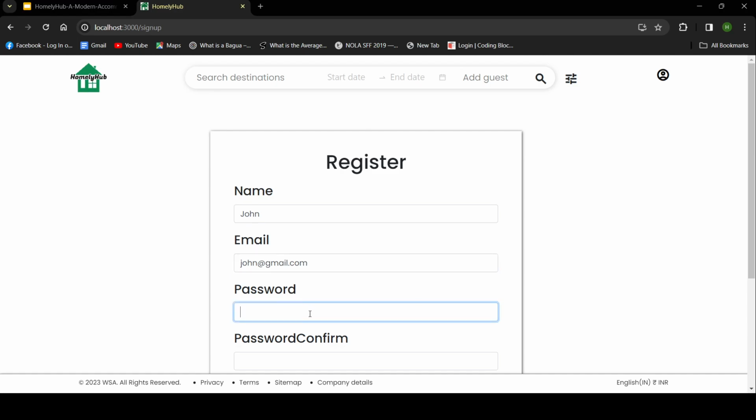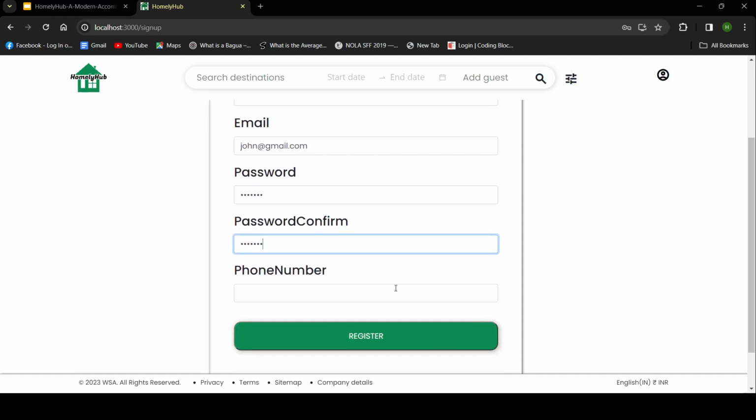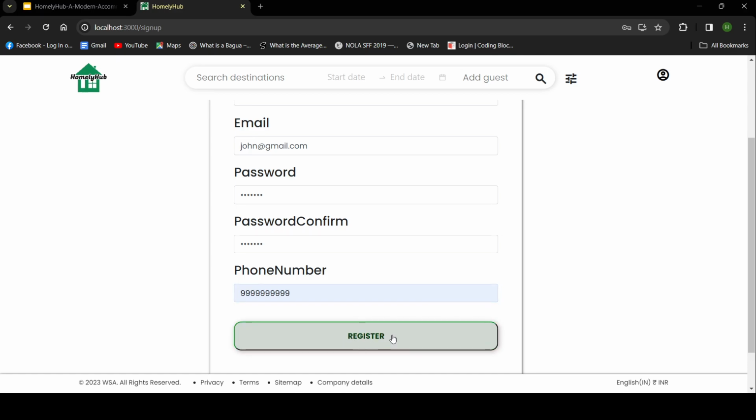Password. Let me confirm the password. Phone number. Now if I click on this register,